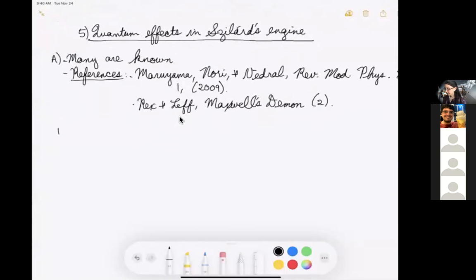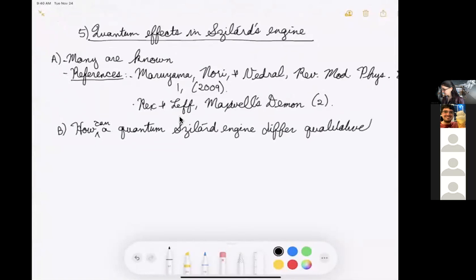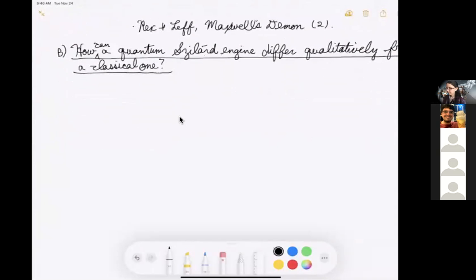There are a number of ways in which a quantum Szilard engine can differ qualitatively from a classical one. First, in the quantum scenario, inserting the piston